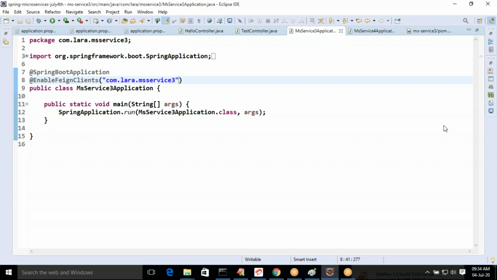But consider one location, one package, in which we are developing all Feign clients.